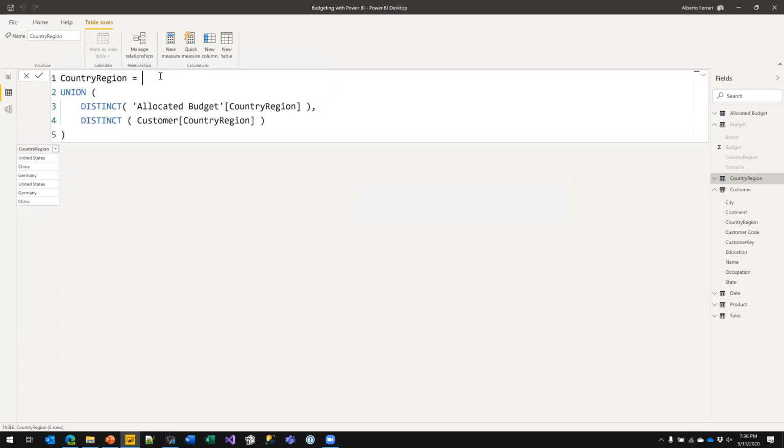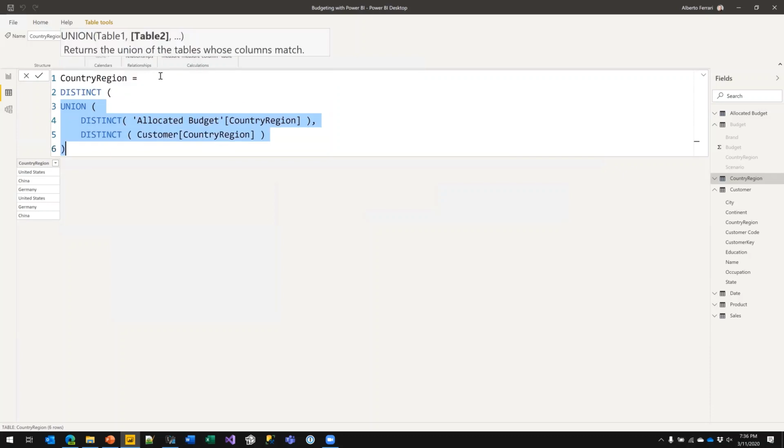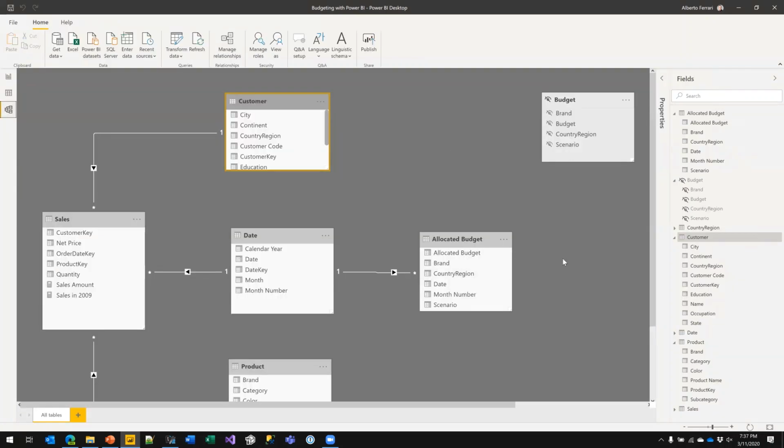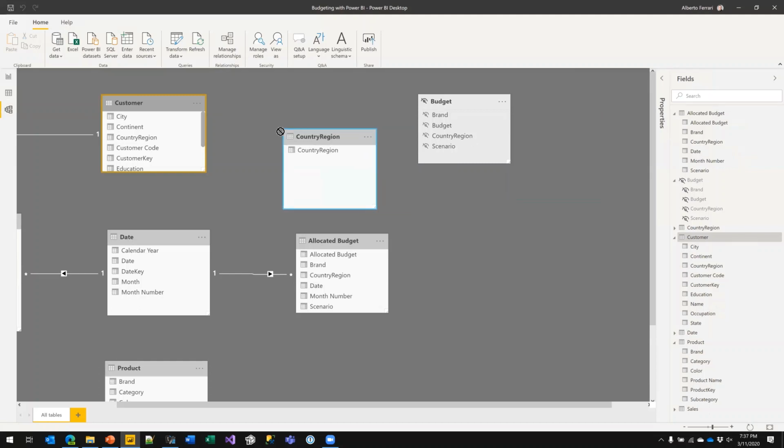That's not a big deal. We can distinct it later. So I have the union that contains duplicates, and I include everything inside a distinct that gets rid of duplicates. So now I have my table, and I can search for it. Where are you? Here. And I can build a relationship.